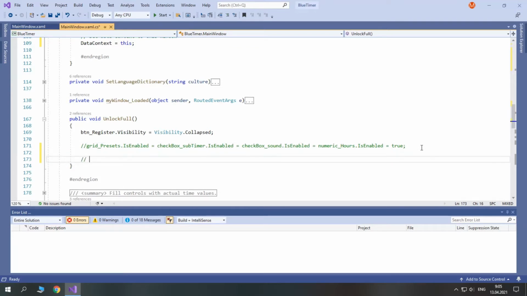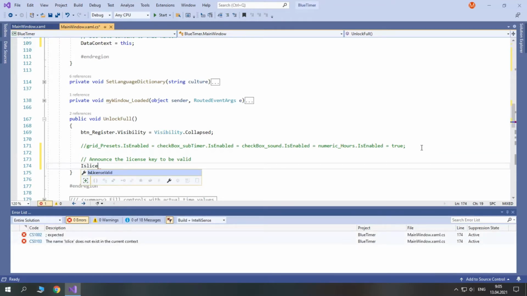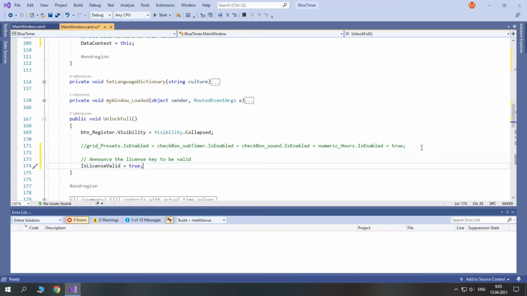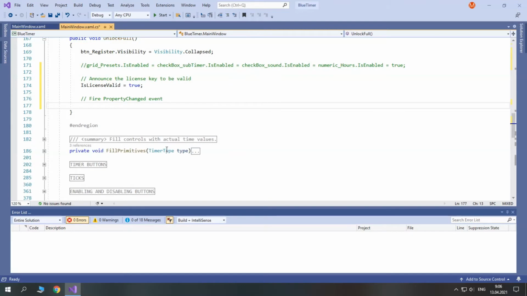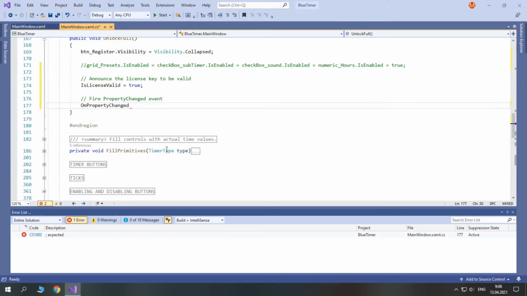So we will announce the license key to be valid. So we just change this property, IsLicenseValid equals true. And then we fire the PropertyChanged event. And in order to fire it, we call our method, OnPropertyChanged.